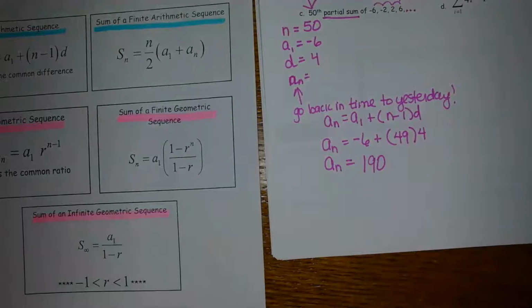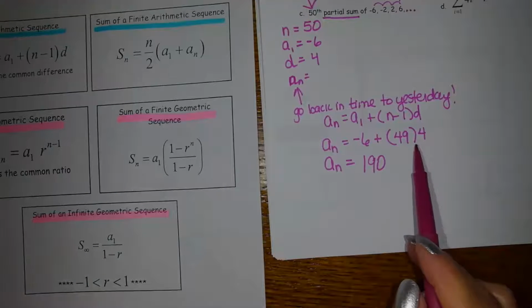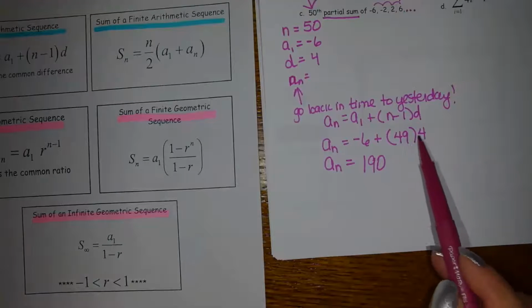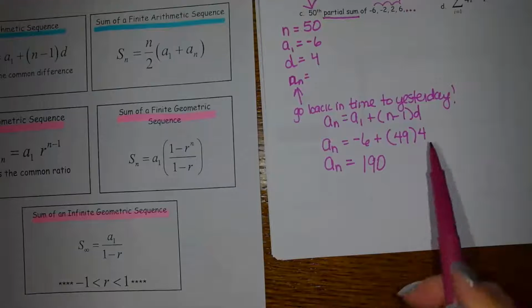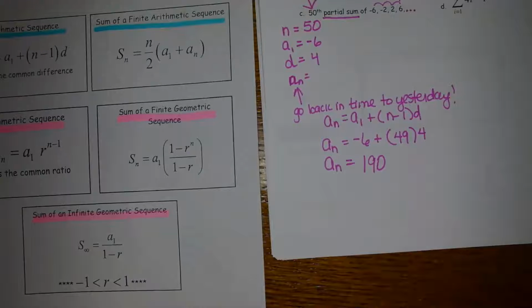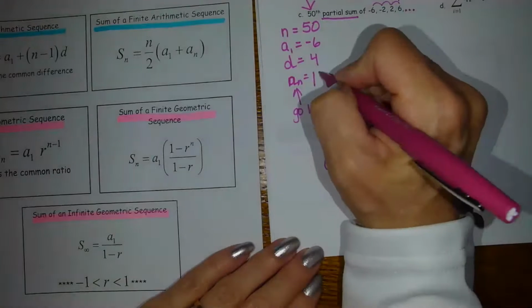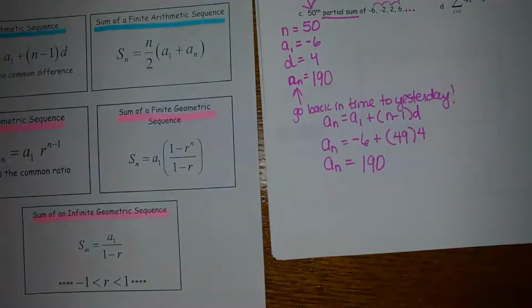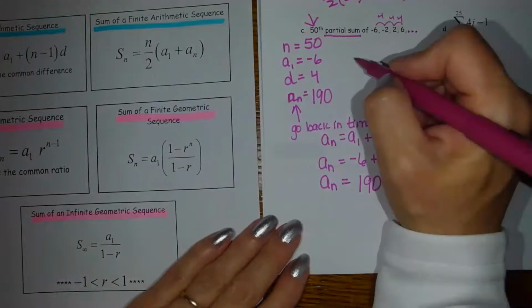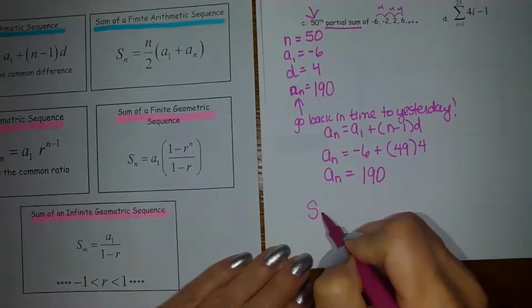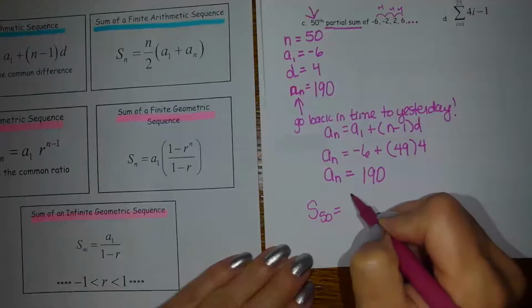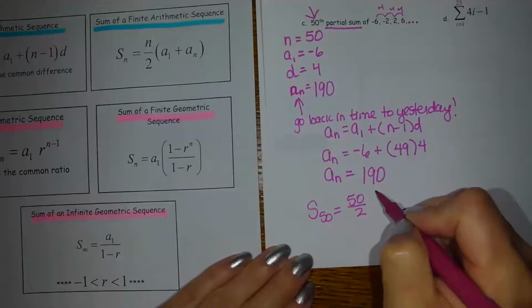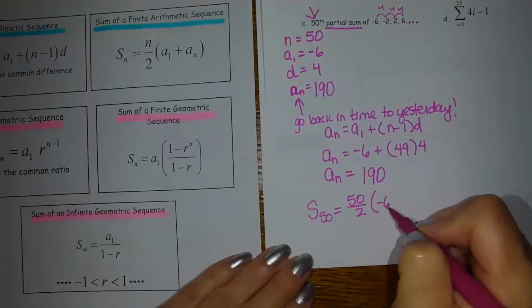Do y'all know how to do 49 times 4 fast in your head? Just do 50 times 4. That's one more, and know that you added one more 4. So I do 50 times 4 is 200, minus 4 is 196. You can always do things fast in your head by going up to the 10, 20, whatever. 190, so now I know that. Now that we have AN, can we use this formula? N over 2 times A1 plus AN,